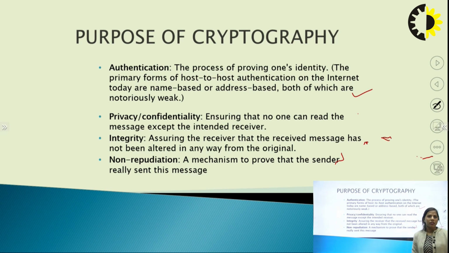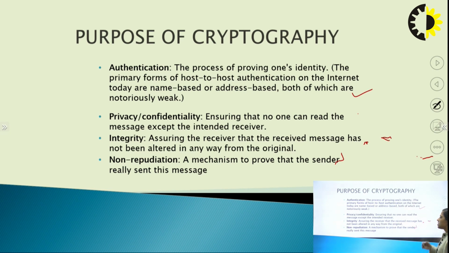As you all know, a very good example is that whenever we receive a parcel, we receive an OTP. So why do we receive an OTP? That is for the authentication purpose, to check whether this particular person is taking the parcel or not. So that is the case for authentication. This is a particular purpose of cryptography, to provide authentication. It means it provides the data to the particular person who is going to access it.